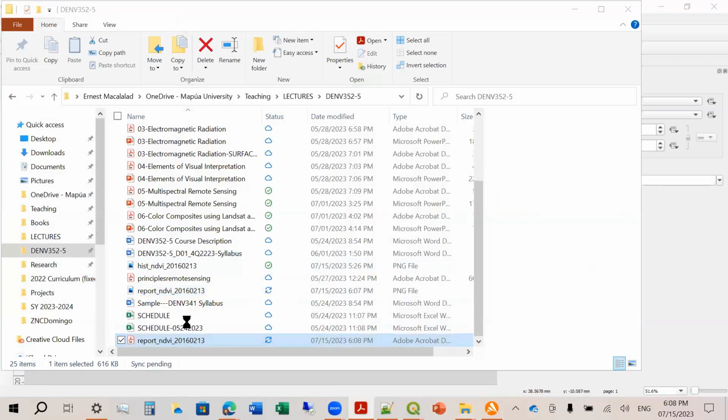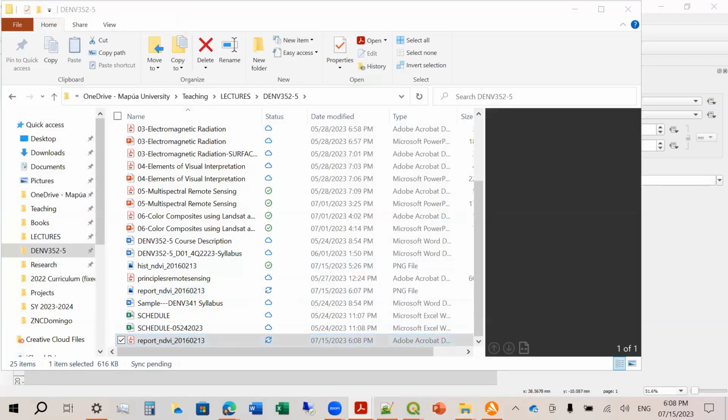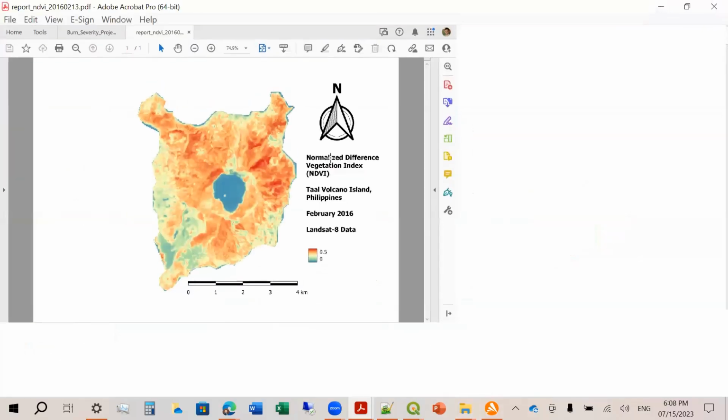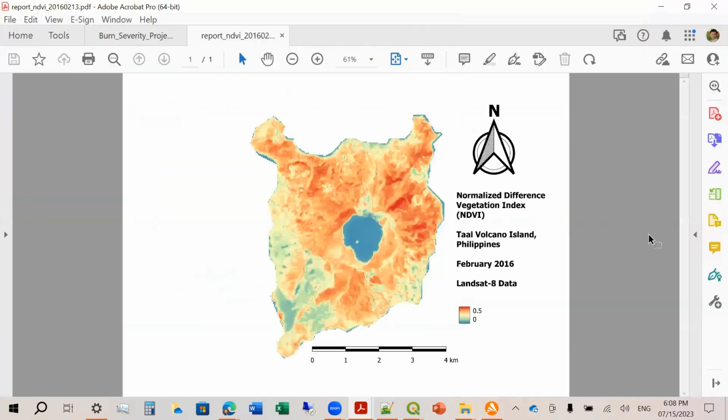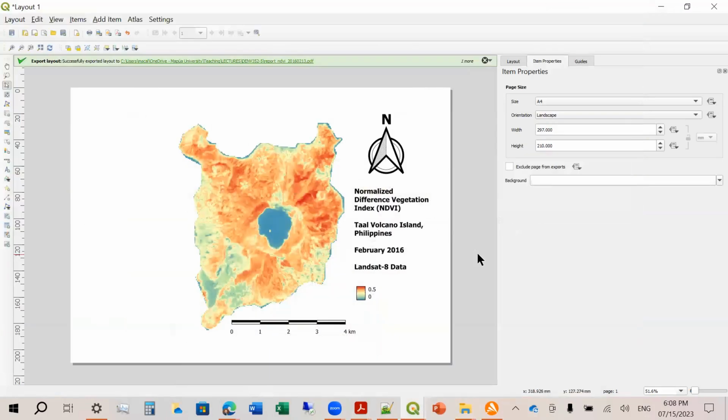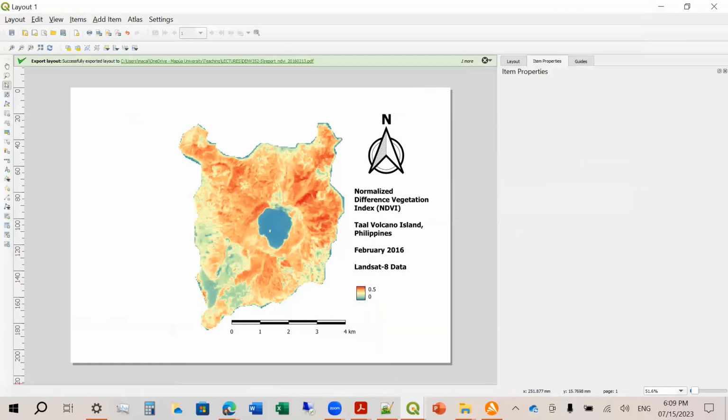So this is now the PDF. This is now the PDF data, a PDF report. Or you can save it as an image, for example.